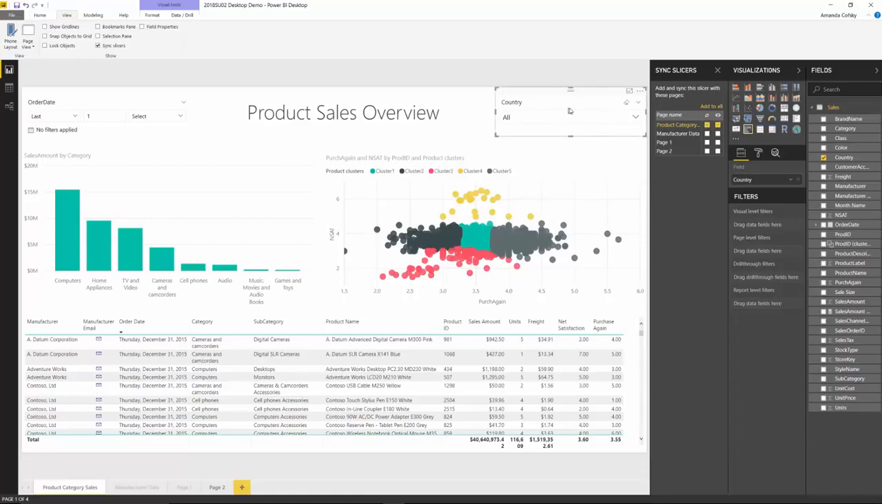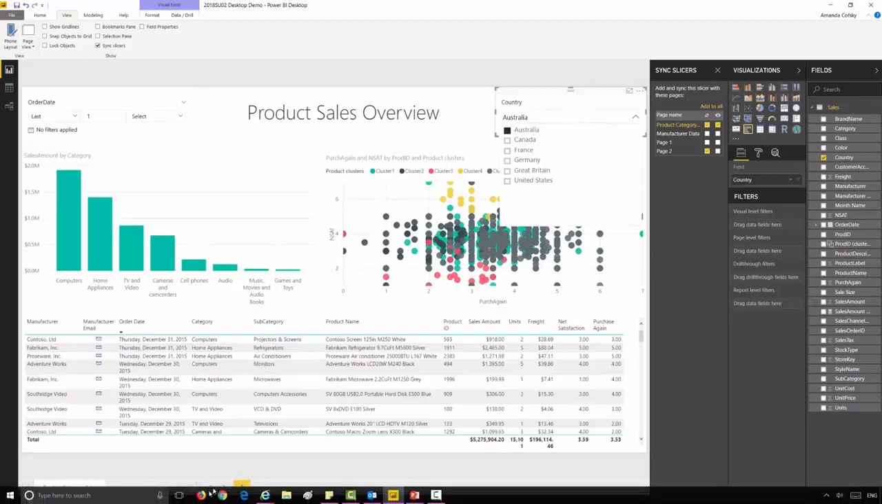Obviously, the slicer on the page is synced to influence itself. But I also, like I said, wanted to influence what's being shown on page 2 as well. So all I have to do is check this box for page 2, and now my value is going to influence page 2. So let me just show you that. If I filter down to, say, Australia, and then I go over to page 2,